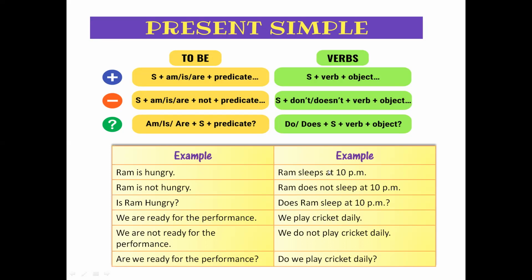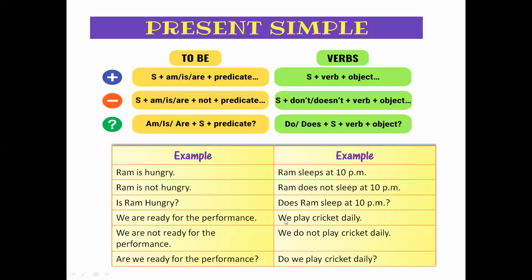Now here, we have examples where we are using the root form of verb, sleeps. So sleep is the first form of verb, but here we have added s with the verb. Why? Because the subject is singular. And in order to make negative, as I told you previously, whenever you are using does in a sentence, you don't add s or es with the verb. Because it is does not, we have removed s from the verb. And because we have does in the negative, while making interrogative, we make use of does. Does Ram sleep at 10 p.m.?